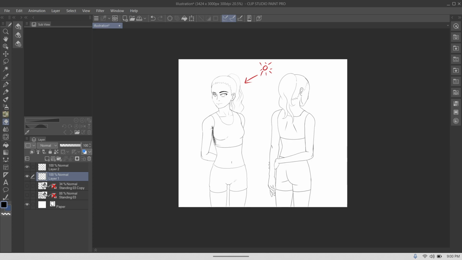Also, you can use the models to focus more on adding the clothing, as opposed to starting from scratch, having to build the body all the way from the beginning. You can just use the model and start adding the clothes onto the character, and I think it works great. So that's gonna be it for Clip Studio Pro 3D models for character design,